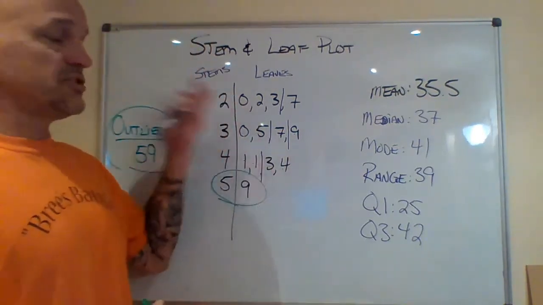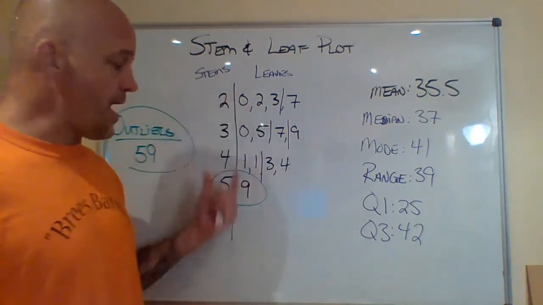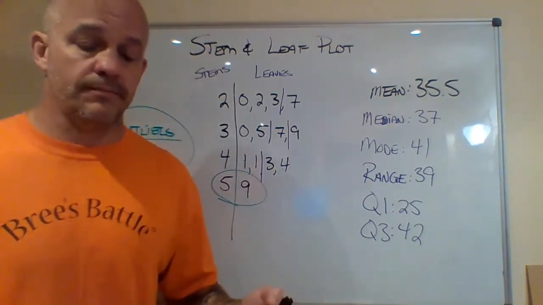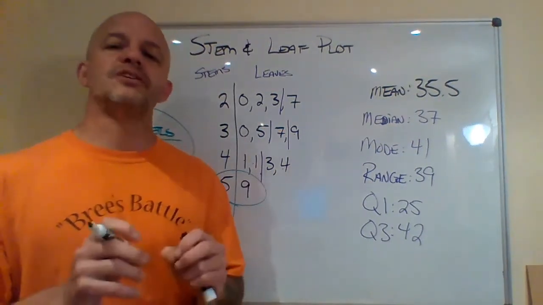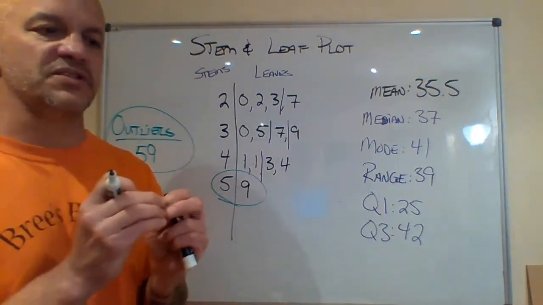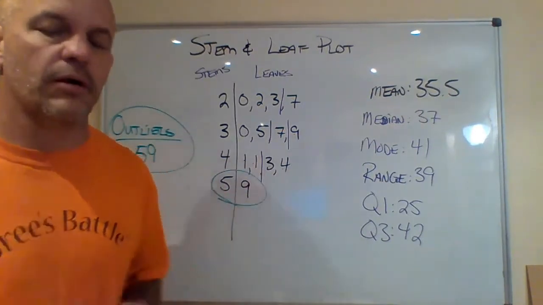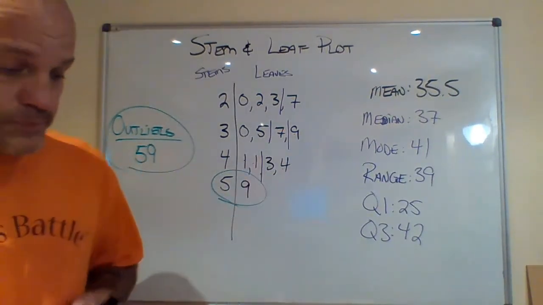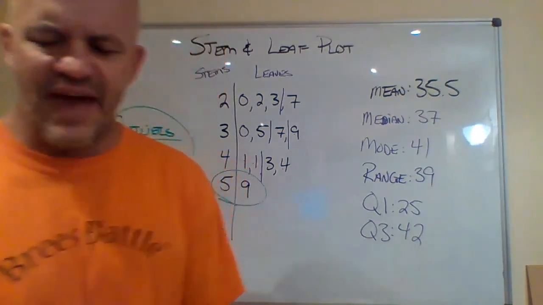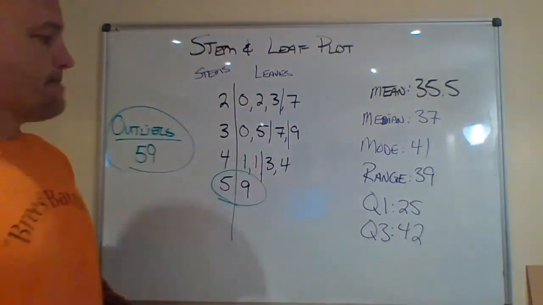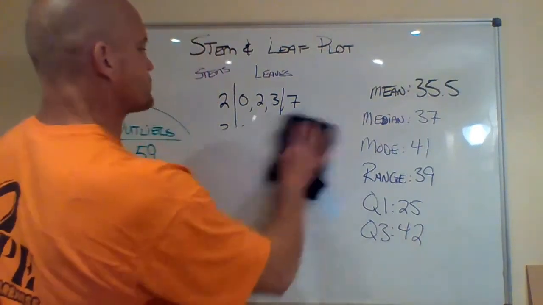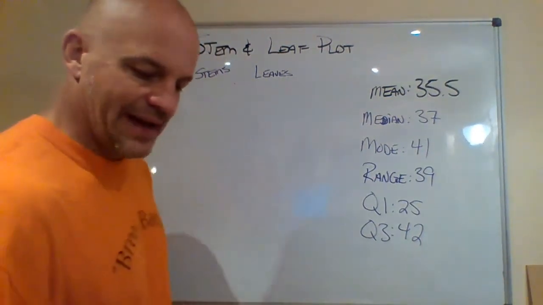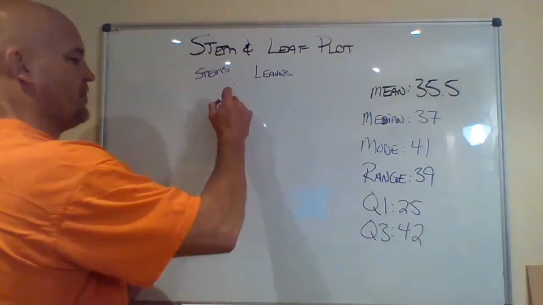It could be several at the bottom, or one at the bottom, one at the top, or there could be none. It's kind of a judgment call, but make sure those pieces of data are really far apart from the rest of it. So hopefully, I think that example will be enough. The only other thing I want to mention is that if you're looking at data that would look like this,